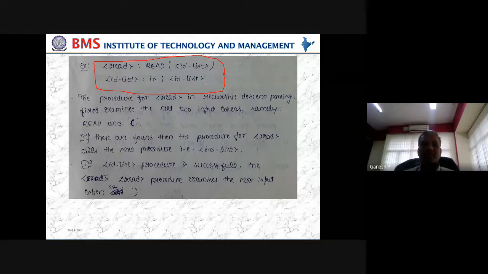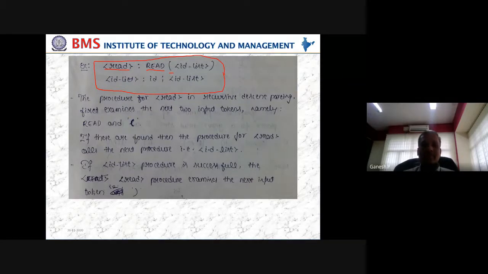Now, if I give the input, let us say, read N1, which is what we have taken in the previous examples as well, that input will be considered from left to right. First you will see READ and the left parenthesis. Each of these will be called with whatever grammar we have written in the rule, and a procedure will be mapped. The procedure for read here will have these two inputs, namely READ and the left parenthesis. They are not enclosed within angle brackets, so they are going to be tokens, and these tokens will be verified.